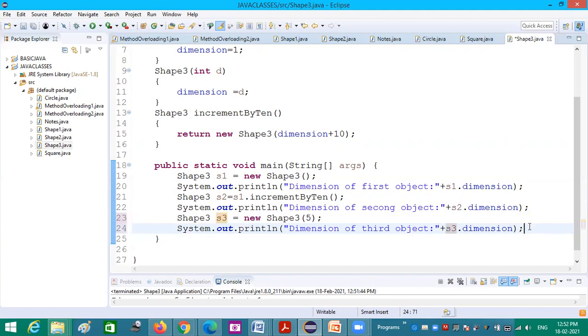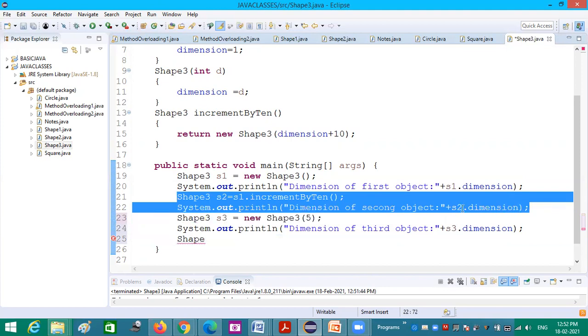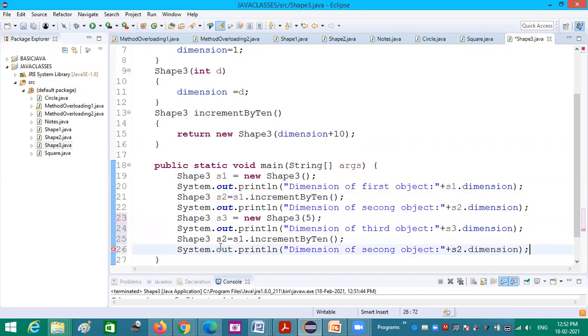Now I am creating another object. I am taking the same line. Okay. Fourth object. I am creating the fourth object. For that, S3.increment by 10. So from S3, I want to increment by 10. So now I am printing here the fourth object.